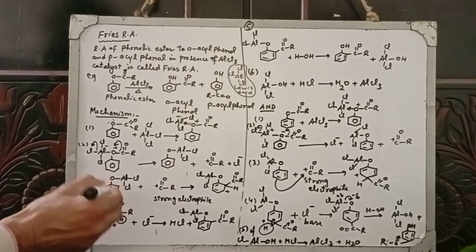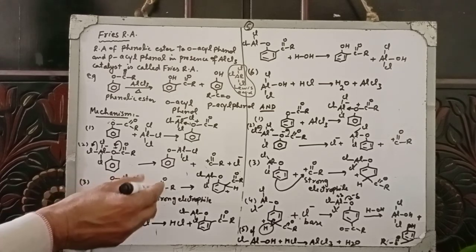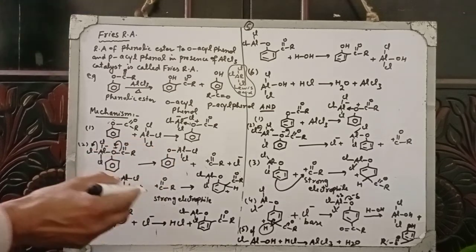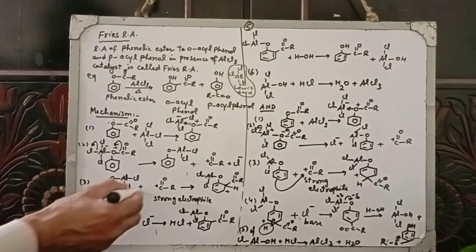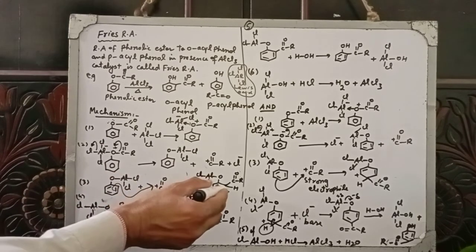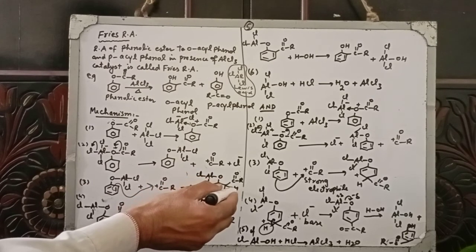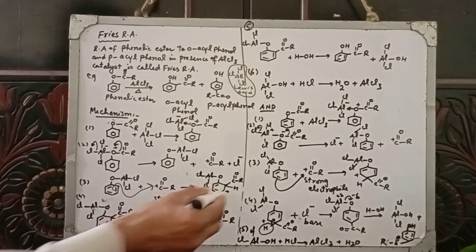Benzene has a delocalized pi electron cloud. In order to attack the delocalized pi electron cloud in benzene, we need a strong electrophile. The strong electrophile is generated due to the catalyst. This strong electrophile attacks this carbon and withdraws these electrons. This carbon is attached with the acyl group, the electrophile, and then hydrogen is also attached. The adjacent carbon becomes electron deficient. It develops a positive charge.